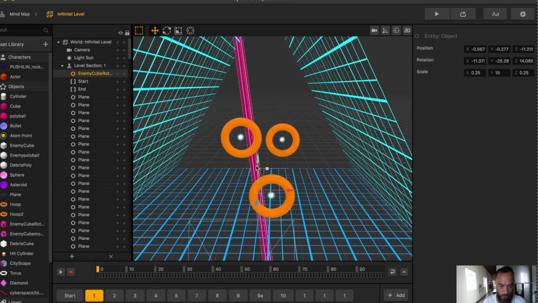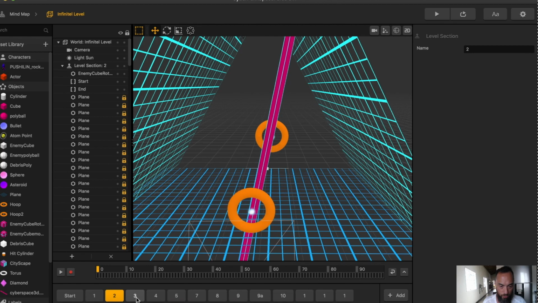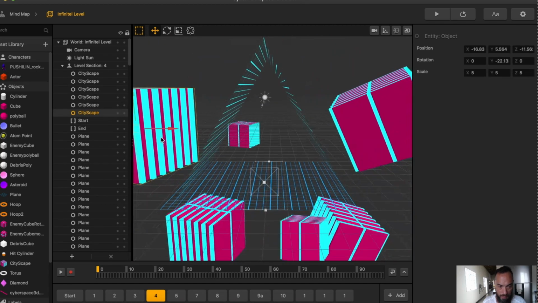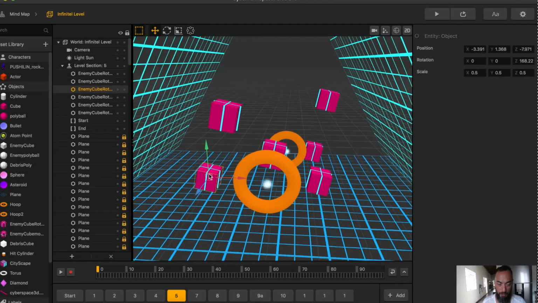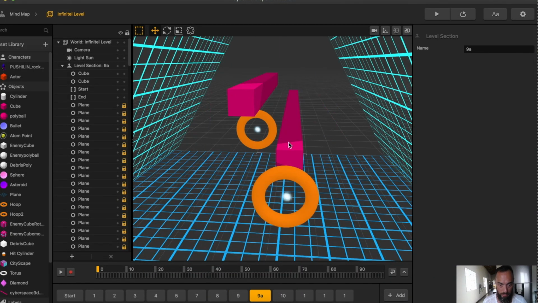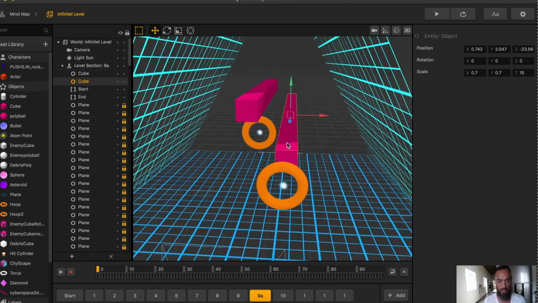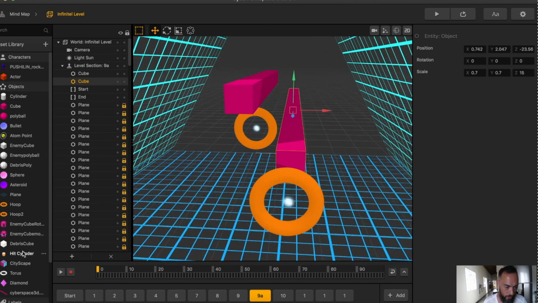We can see where the rotating cube is here, and these just rotate randomly. Here's the cube I made with multiple objects. Then these are enemy cubes that are in your way. These are also built with multiple objects and rotate randomly. So it's just randomly. So these are separate cubes that just kind of shoot at you,